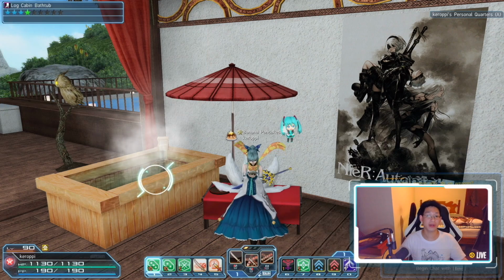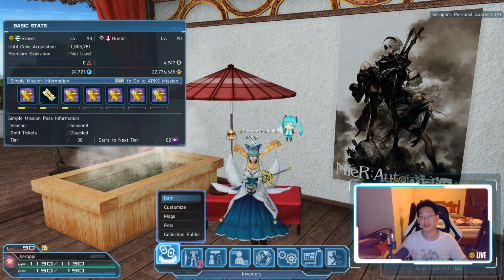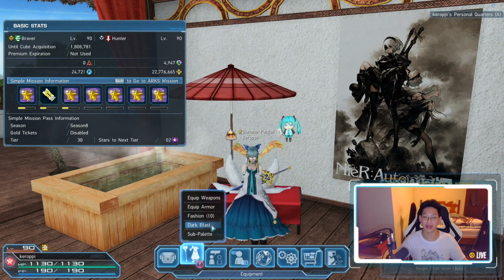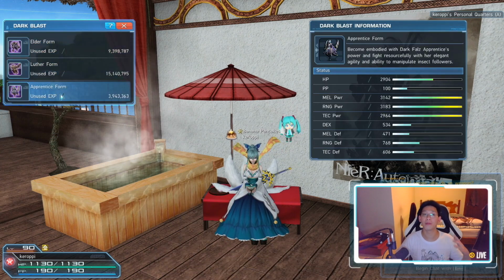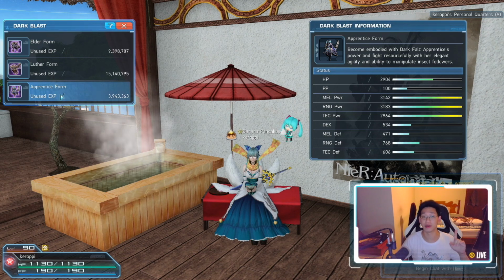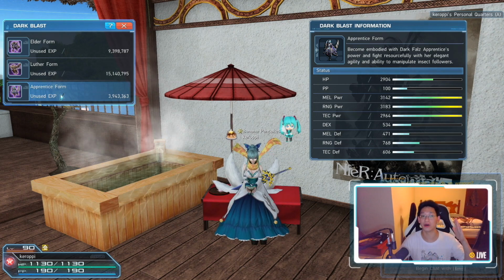So once you put your Dark Blast onto your sub palette, the next step is customizing your Dark Blast. So first of all, you press escape, come to the second option here, and you'll see Dark Blast right here. Click on that, and you'll notice that, hey, I've got Elder form, Luther form, Apprentice form, and I believe you get Gemini form if you continue to play the story of episode 5. I have not played the newest installment of episode 5 yet, so that is why I only have 3 forms